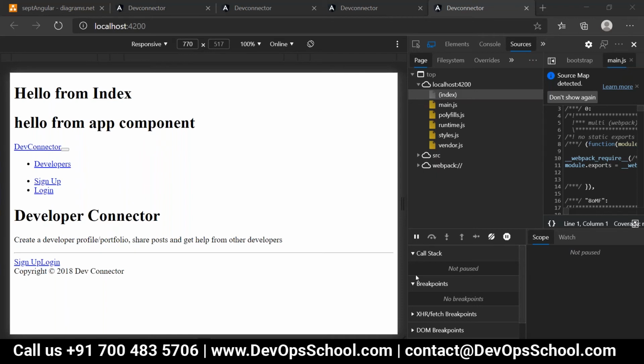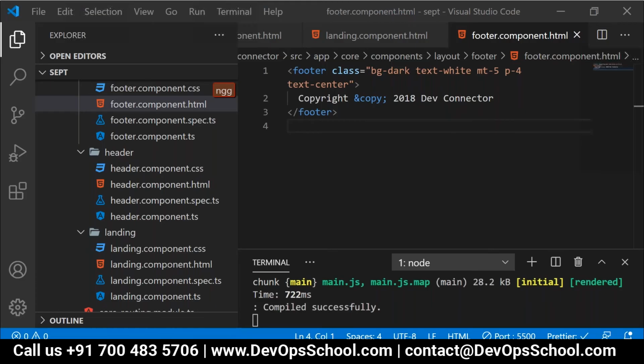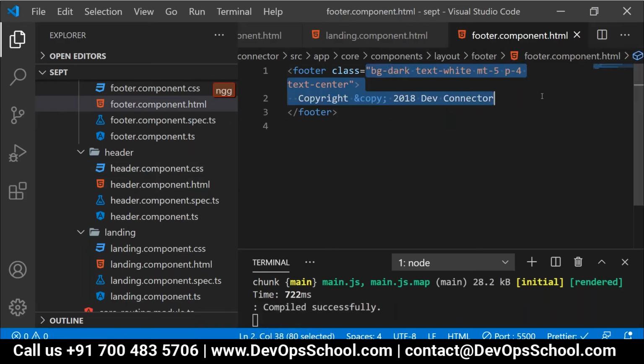People, are you able to see this? It's rendering the entire content, correct? But it doesn't look like our expected one, correct or not? So here, what we need to do is apply Bootstrap. Is it clear? Because for the beautification that you are able to see, everywhere we have used the Bootstrap classes. Clear, everyone?